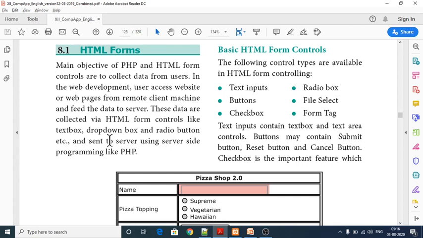So whenever you are going to access a web page or a website from a remote client machine, we have to feed the data to the server. In web development, users access websites or web pages from a remote client machine.